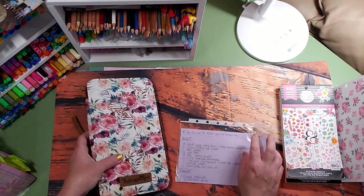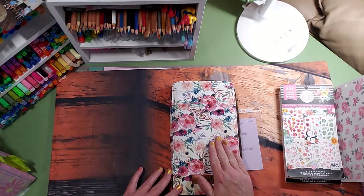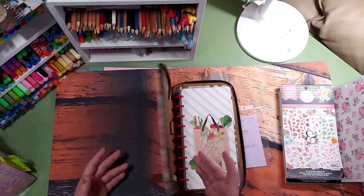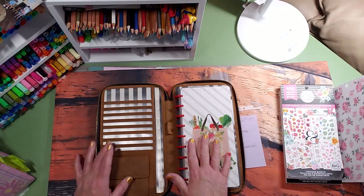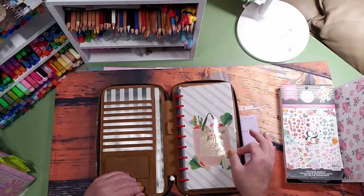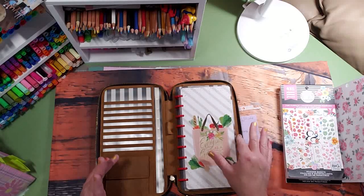Okay, and this is my House of Flynn. I've shown this before. Traveler's Wallet, it's called. And I have a video on the exact name of this. They have this one, and they sold out of the one that had the floral in the background, unfortunately. I should deck this out, but, you know, I'll eventually get around to it. So I have my Everyday Fresh half sheets,